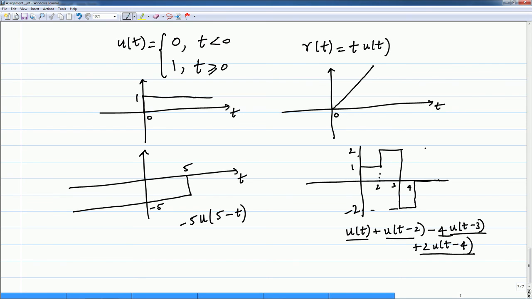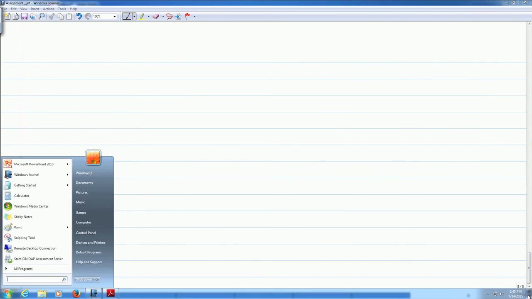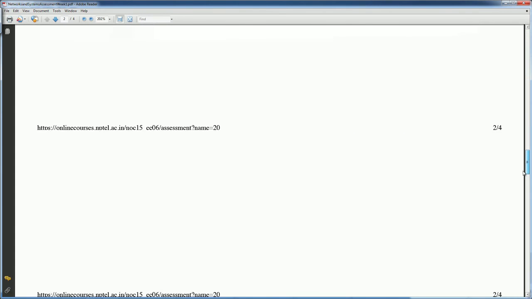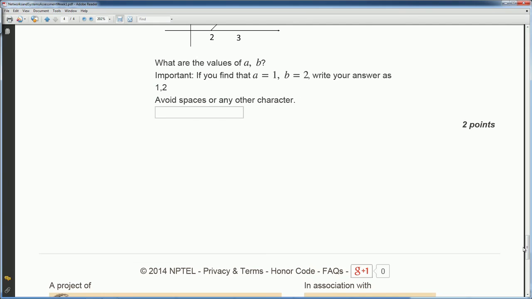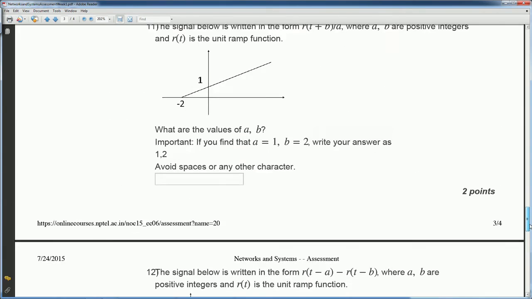This is not very hard to do, but hopefully you've seen how this is done. Okay, so this is in terms of unit steps, and what is being asked in your question is unit ramp, right? So if you go out to the last couple of questions, you're asked about writing a signal like this,